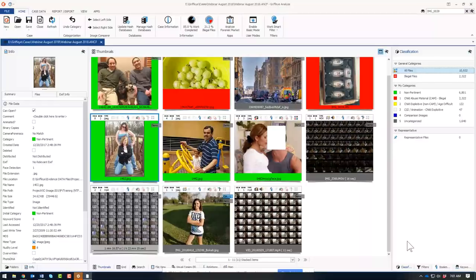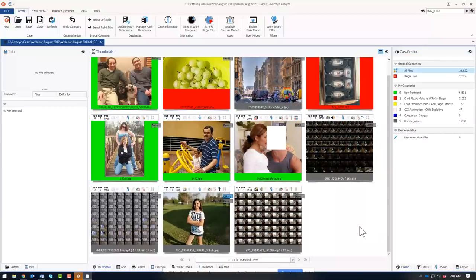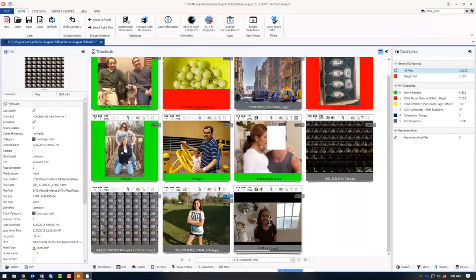Because a lot of offenders, especially in the CSA space, have their material all over all kinds of different storage media. They have it on thumb drives, hard drives, laptops, all over the place. So we can quickly narrow down and find that smoke, or get rid of it. Where there's smoke, there's fire. So we can go into a folder if we need to, and find all the similar related images.